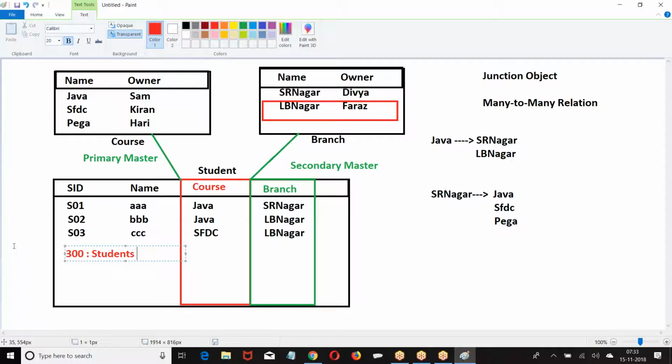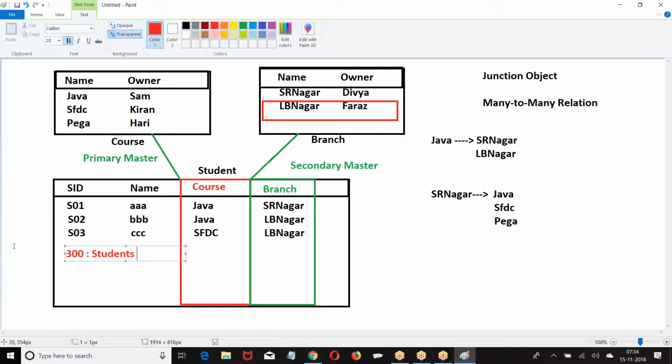When I say more than 300, 300 is also more than 200 only. So any master record which has more than 200 child records cannot be deleted.